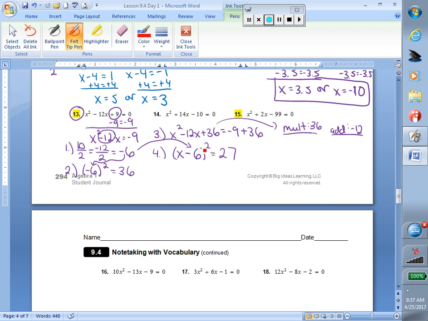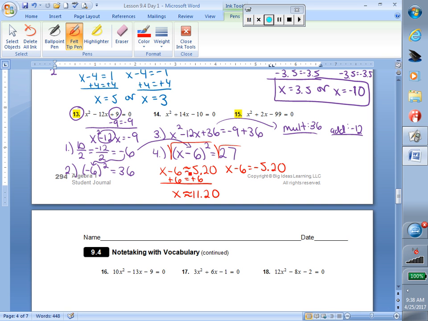Now my x is being squared. Now I can take the square root of both sides. So we have x minus 6 equals, and the square root of 27 doesn't work out all that great, so we're going to go ahead and round that off to 5.20 and negative 5.20. Add our 6 to both sides, so our x could be 11.20,